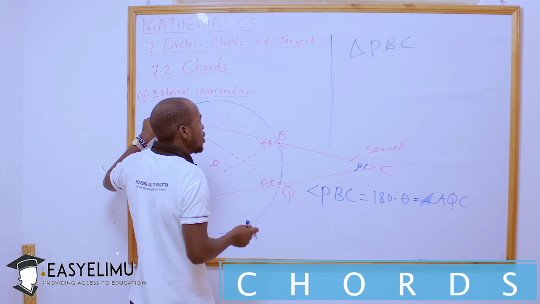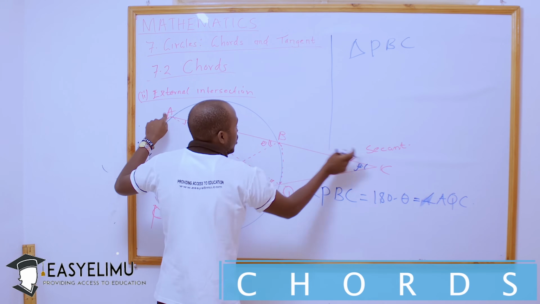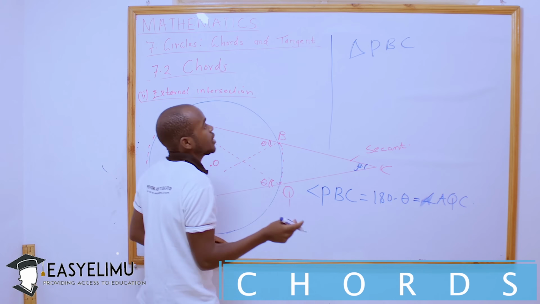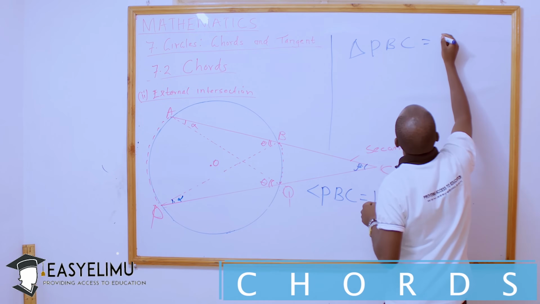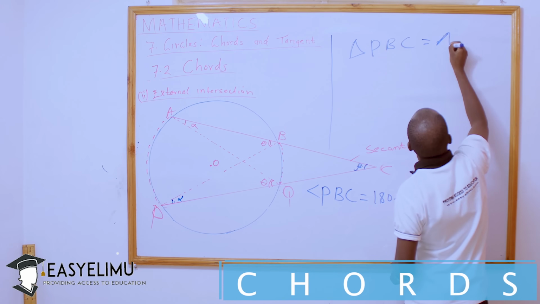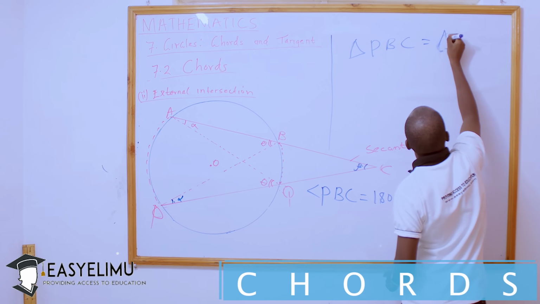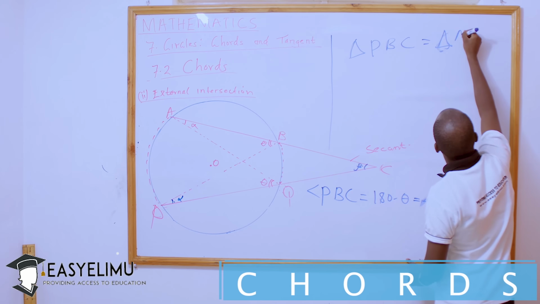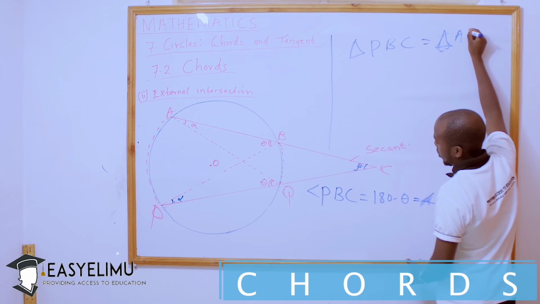You may include even B, so it is AQCB and PBCQ. So that is what we are going to have. So this one is still similar to a triangle. I will denote it with that symbol, is similar to triangle